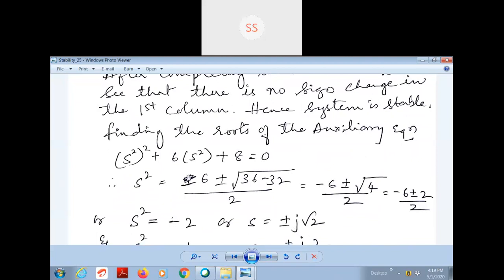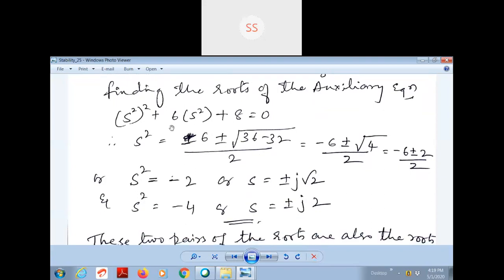Now, is it exactly stable, or is there any other condition applicable to that stability? That we will explore by looking into the type of roots of this auxiliary equation, because the auxiliary equation is also a part of the main characteristic equation, and the roots of the auxiliary equation are also the roots of the characteristic equation. So if the roots have negative real part, positive real part, or any complex conjugate, the nature of those roots will tell you in detail about the stability. Therefore let us find out the roots of the auxiliary equation.